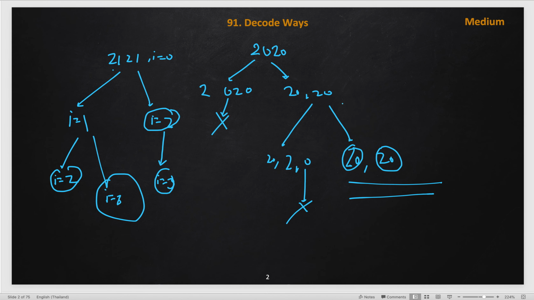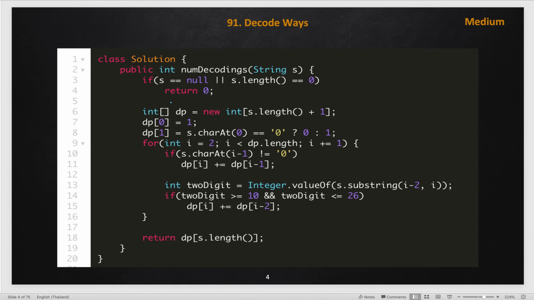So, here I have already written down the bottom up approach solution. You can write it yourself, it is very easy. In case of bottom up, we just check the first basic condition and then initialize the array dp. If the string is empty, like if there is no character, then we found one way, which is why we filled dp of 0 as 1, and dp of 1 will depend on the character. If the first character itself is 0, then there is no way at all, we can't process, hence 0, otherwise 1.